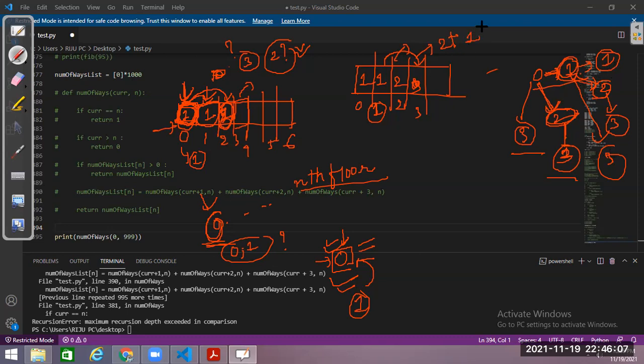Only one way. And from 0 I can directly come to 3 by taking 3 jumps, straight. So how many ways are there? 4. Okay, fine. Let's come to next, 4.